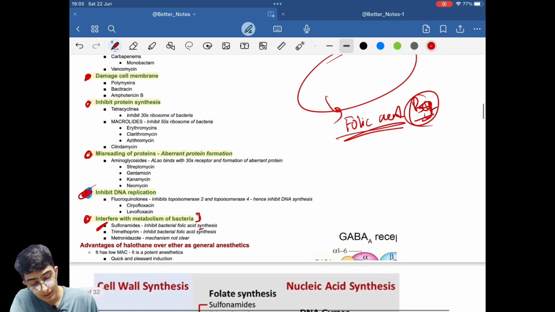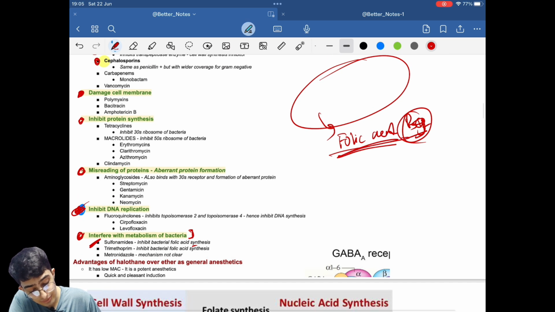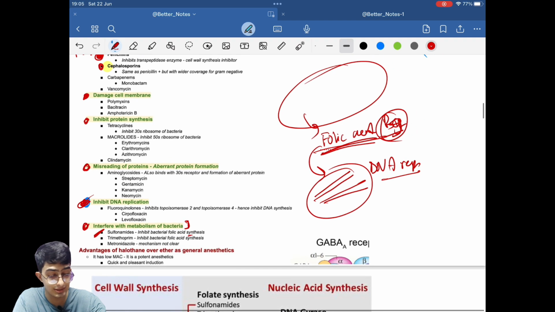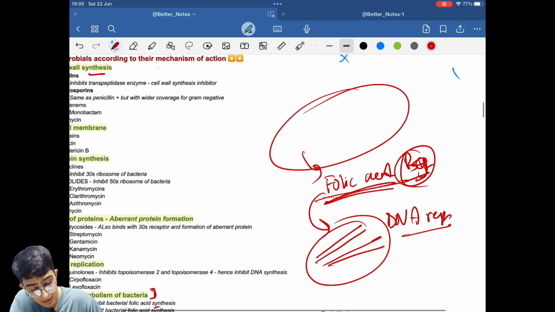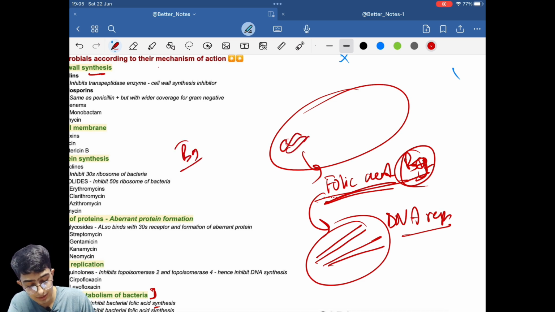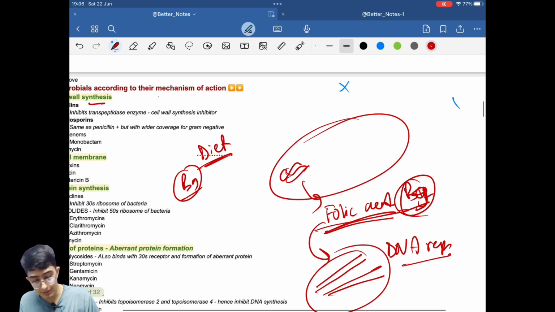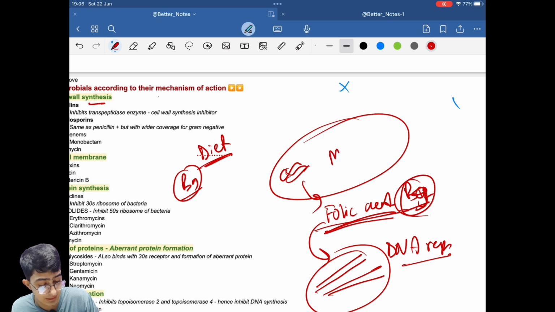So basically folic acid is required for DNA replication, right? But the difference between human beings and bacteria is that we human beings get vitamin B9 or folic acid from our diet, right? So we don't need to synthesize it, we just get the folic acid from the diet. But bacteria, different from human cells, need to make folic acid,